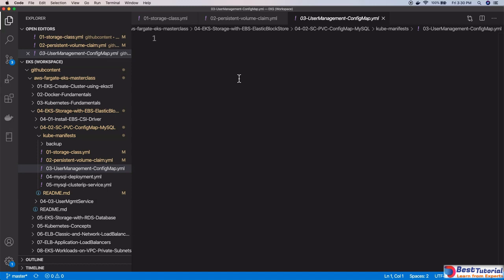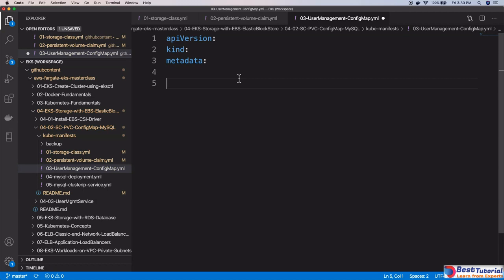Why ConfigMap? Whatever configuration you want to send to your pods, you can define it as a ConfigMap and then mount it in your container. We are going to the container definition, which is nothing but our deployment, so that we'll know the use of ConfigMap and how we are going to use it. So standard API version, kind, metadata, and here it is not spec, it is going to be